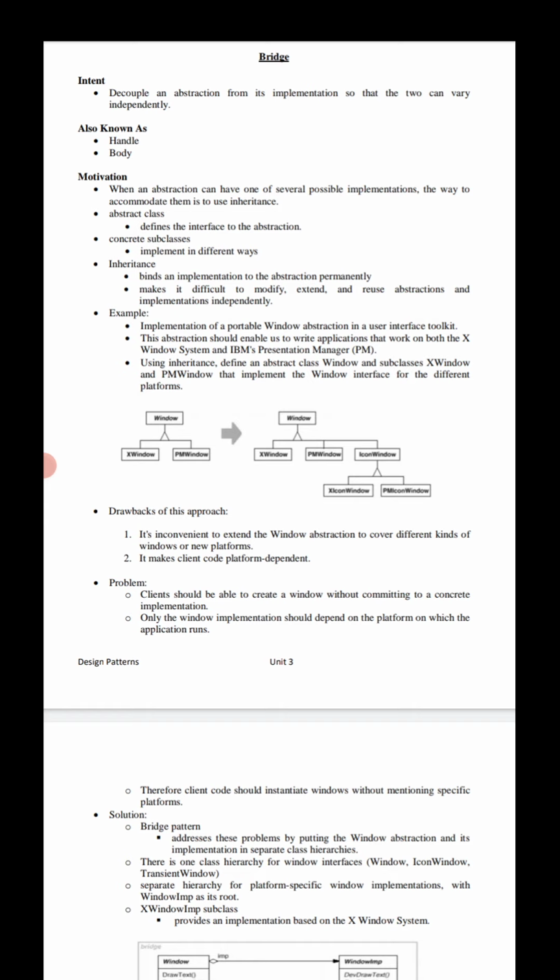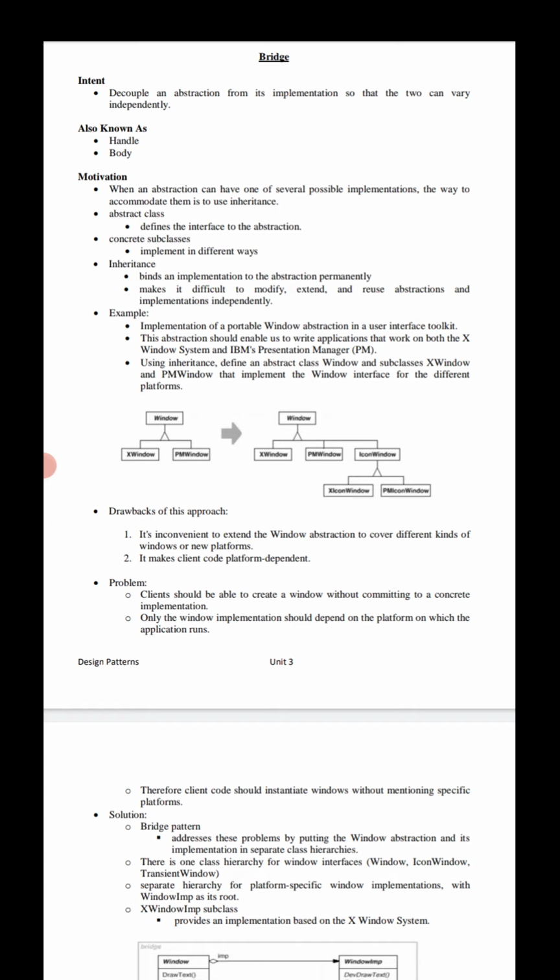We want to hide the details, hide the process of some information, and that is abstraction. The usual way to accommodate the implementations is to use the concept of inheritance.